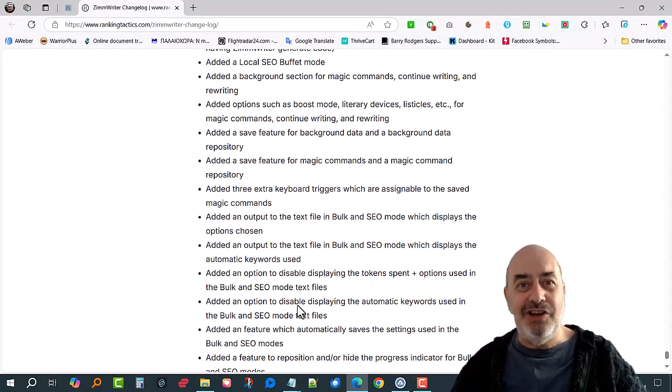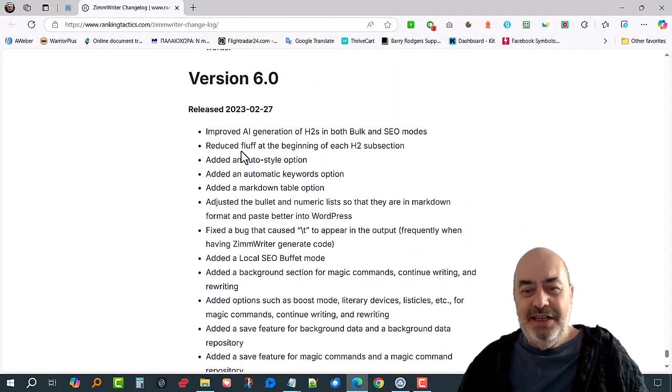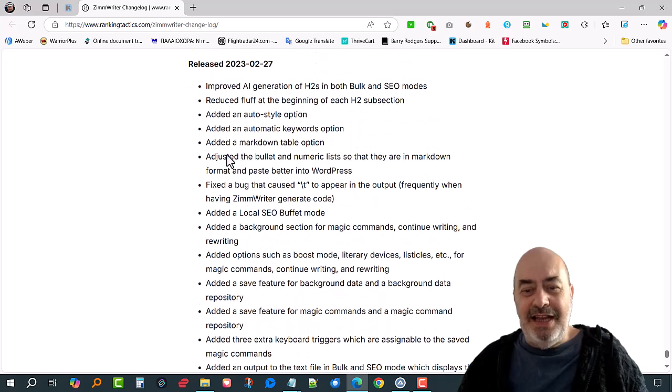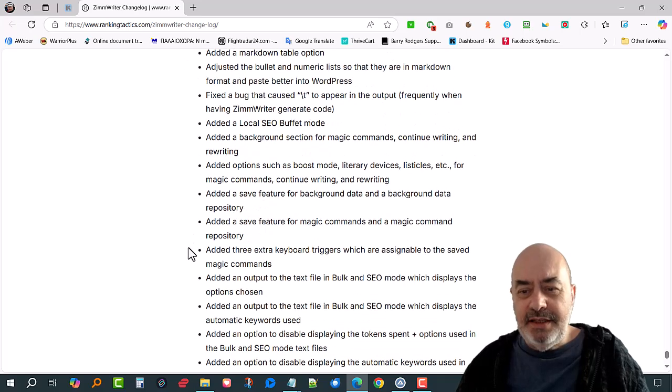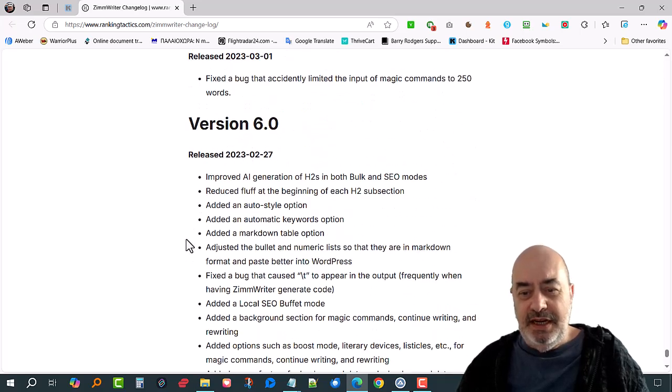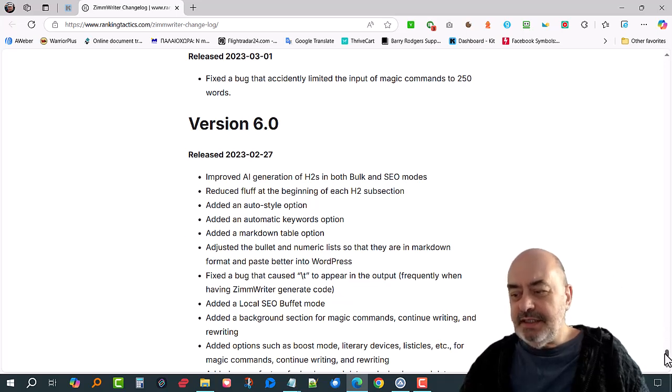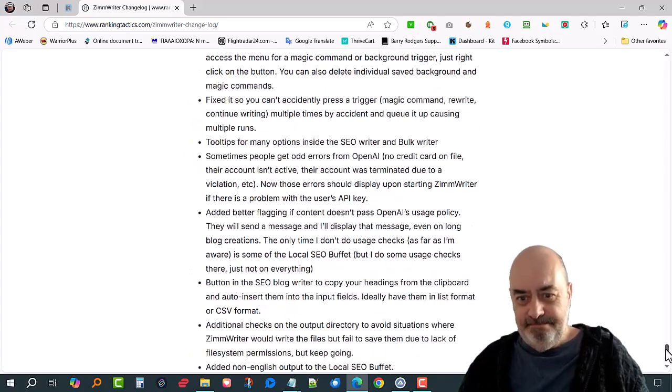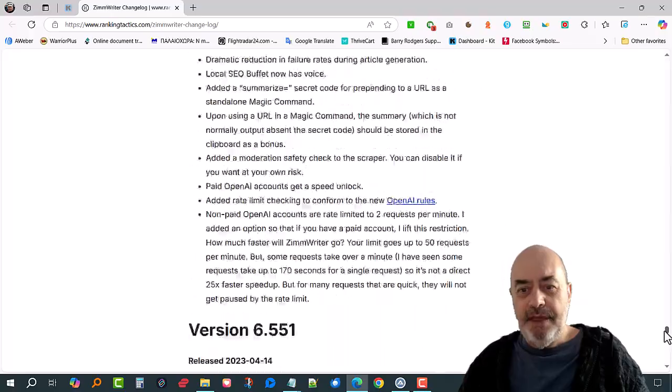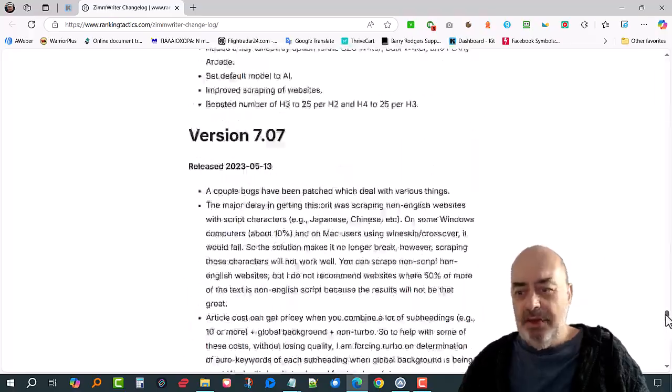This is the change log. This is Matt's change log where he adds in everything that he does in each version. And the first one was in February, end of February 23. And look at this. Okay, this guy is a maniac. He works like crazy. Look at it all. This is all the different things